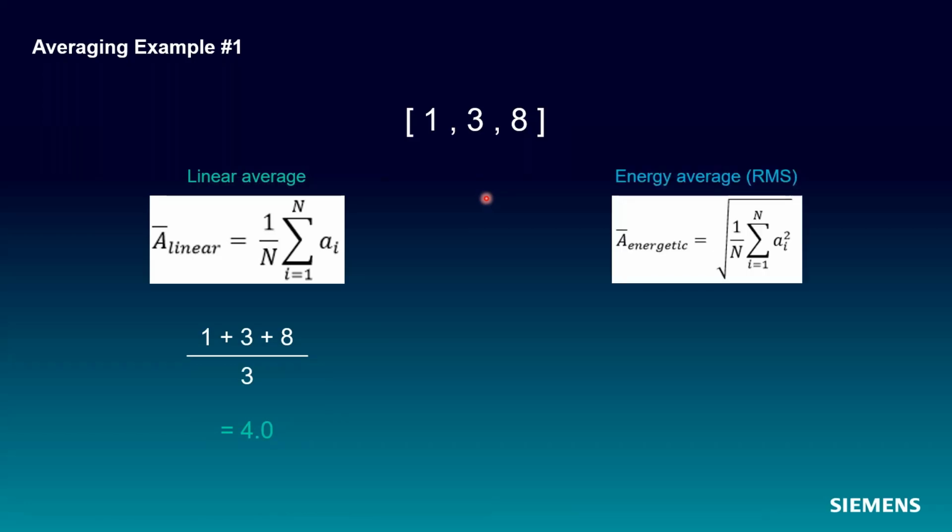If I do the same, but with an energy average, obviously I'm squaring all of the values, then dividing by 3, and then taking the square root of that, and I get 4.966. And so you see this 8, being bigger than the 1 and the 3, more than double the largest other number. That guy dominates this average much more than it does the linear average, okay, because I'm squaring those terms. So you see the effect when I have an amplitude that's different from the others.